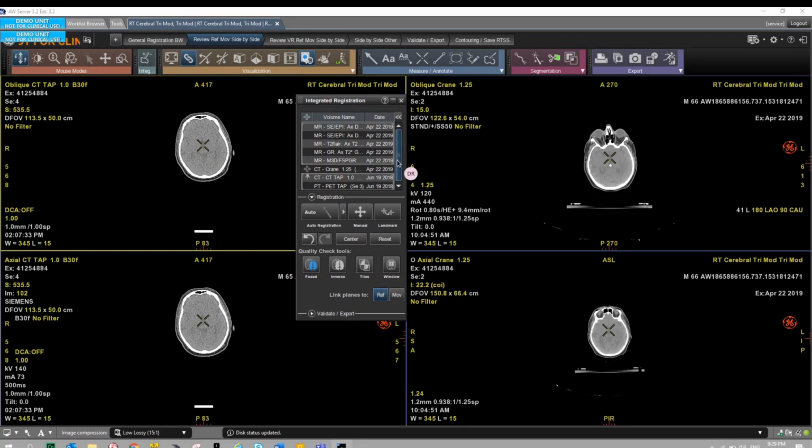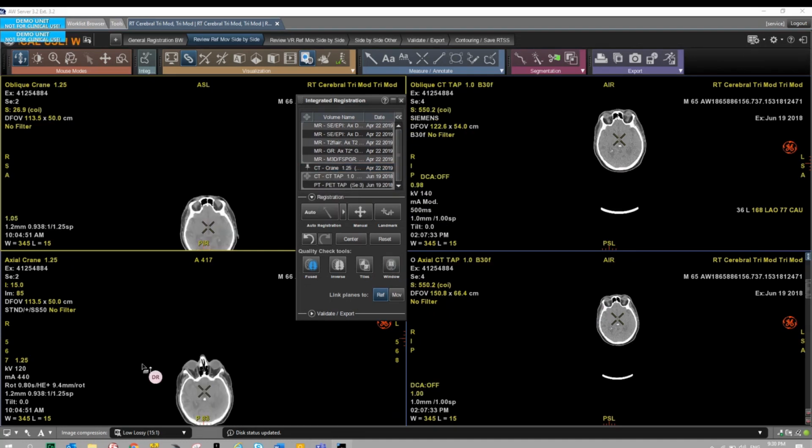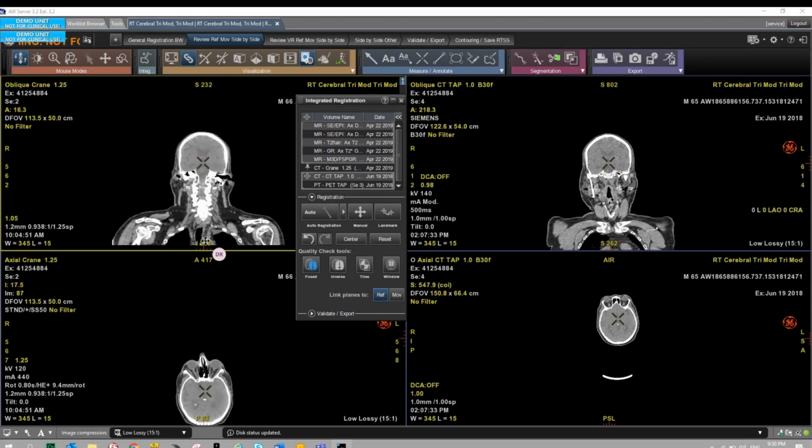And we see here that the system chose the CT PET as references, that is the pin symbol, and the mobile CT from the arrow here that will represent the mobile one. So usually we use the radiotherapy exam as a reference, and we can display the volume in full direction.